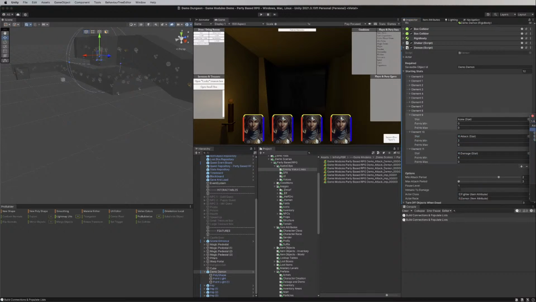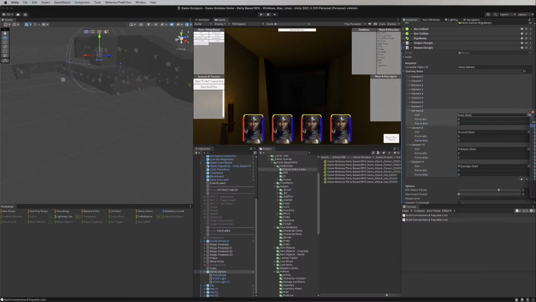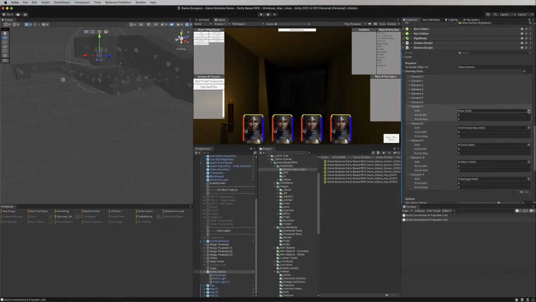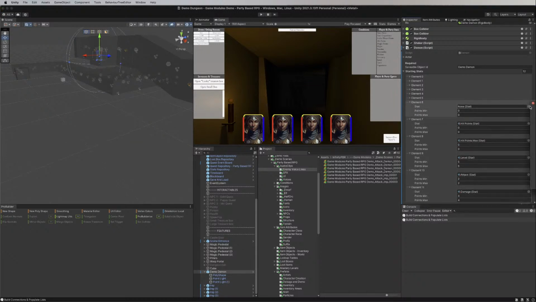Level 5, 5, and these gotta be the same. Hit point max and hit points, and those are both going to be 0. They're going to be automatically computed. And then we have wisdom